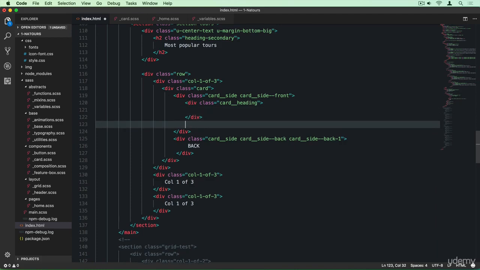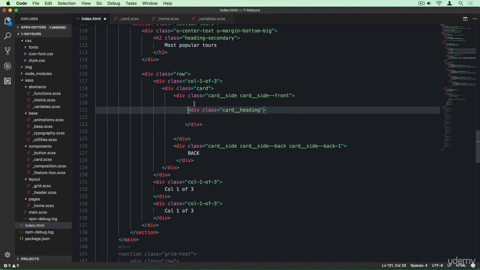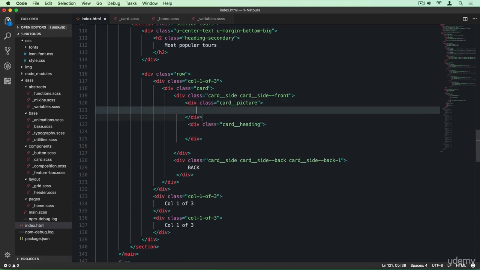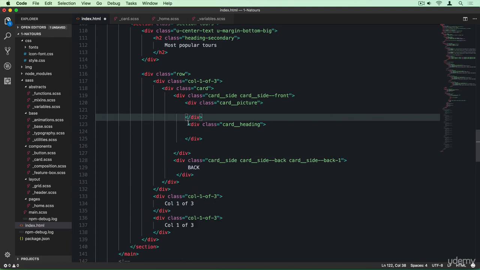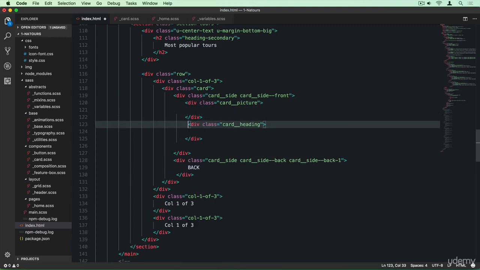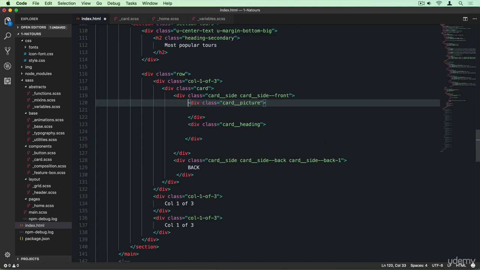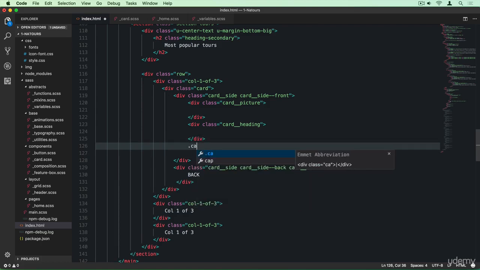Next we have a card picture. And actually let me put the picture first. So card picture. Well, something's wrong here. Something weird is going on with my editor, but never mind. Last thing is the card